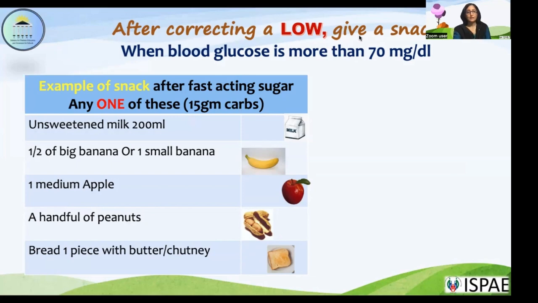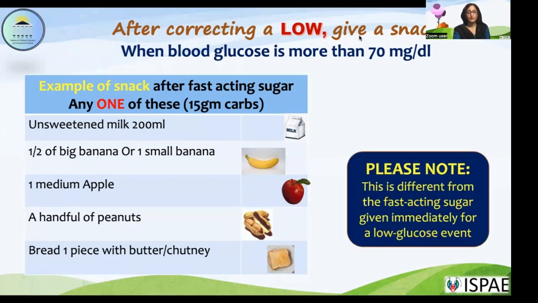Now, the fast-acting snacks should have at least 15 grams of carbohydrate, and food items like unsweetened milk 200 ml, half of a big banana or 1 small banana, 1 medium apple, a handful of peanuts, a piece of bread with butter or chutney. Any of the following items can be used to complement a situation of low blood glucose level. Always remember that these snacks are different from the fast-acting sugars that we used immediately for treating a low